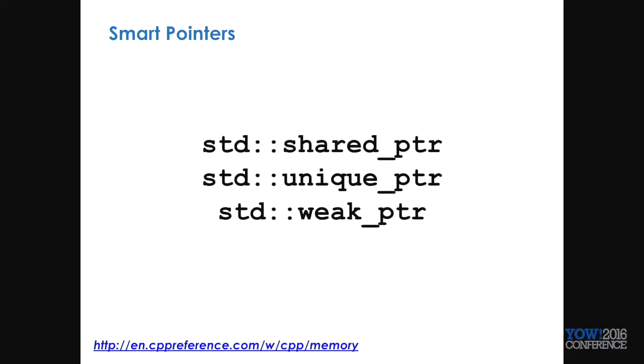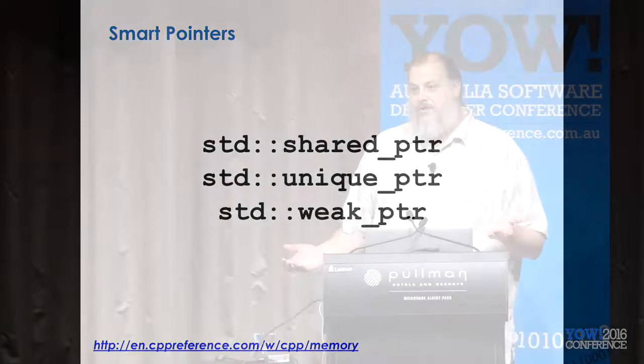With that idea of those idioms, the idea of smart pointers has come along. There are three different types of smart pointers. The first is shared pointer, which means shared ownership. Unique pointer, which means unique ownership. And weak pointer, meaning no ownership, but a reference. This is all you have. So everything has to fit into those three things.